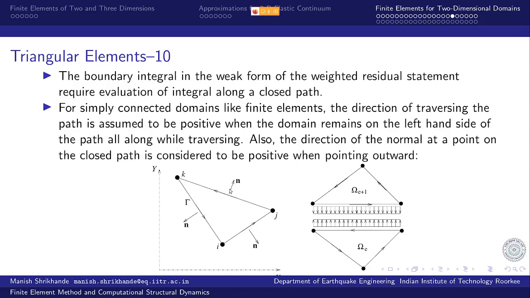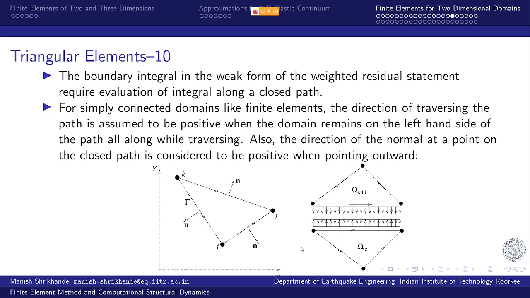Now the positive normal direction is considered to be the direction of the normal pointing outward from the edge, and we evaluate the integral moving in the counterclockwise direction along the boundary of the element. Just as we were discussing the contribution from two neighboring elements in a one-dimensional problem at the common node, the contribution of the boundary term is often equal and opposite, and they would cancel out, by virtue of forming an action-reaction pair.